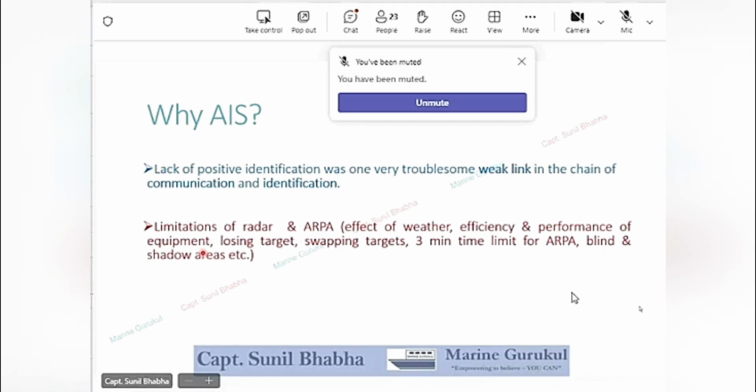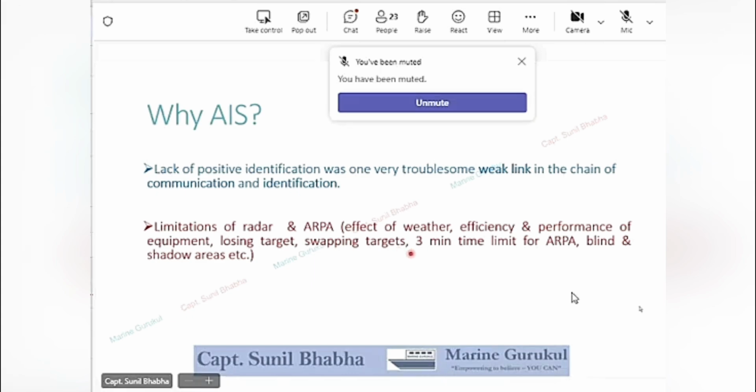The radar as well as ARPA have problems like losing targets. In case a target is altering its course, there is a tendency that the target may be lost. There is a problem of swapping of target. When two targets being tracked by ARPA come close to each other, sometimes the targets jump, the targets are swapped, and for some amount of time, the information on the ARPA is not displayed correctly.